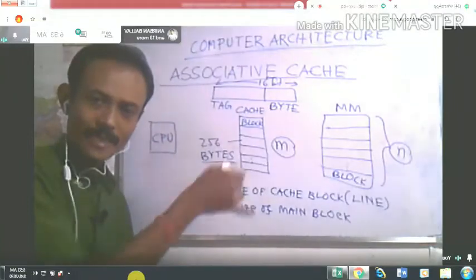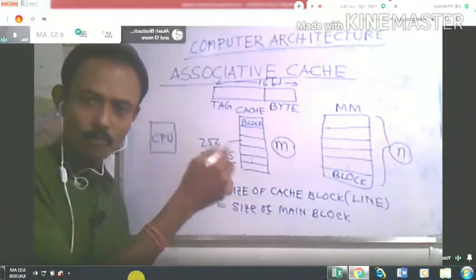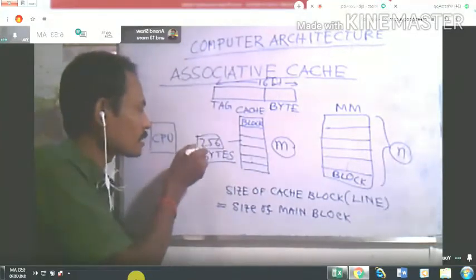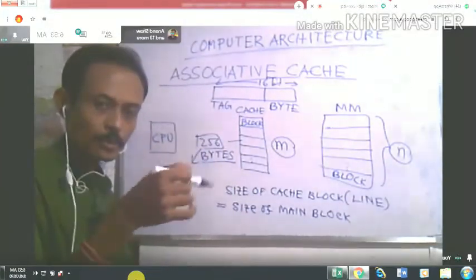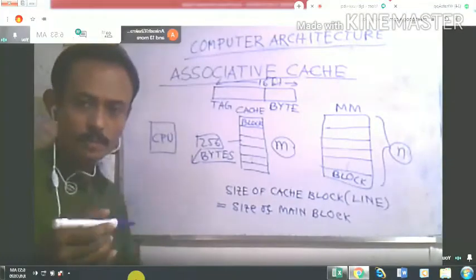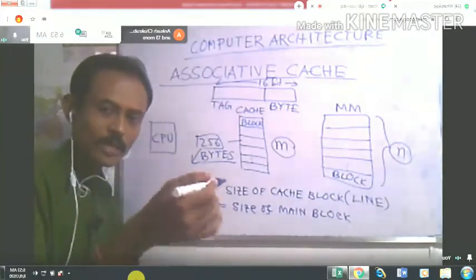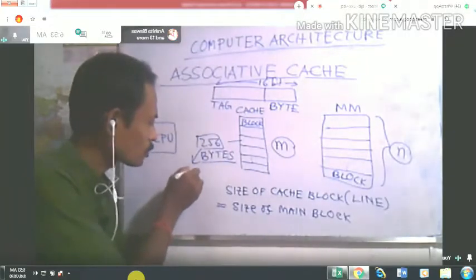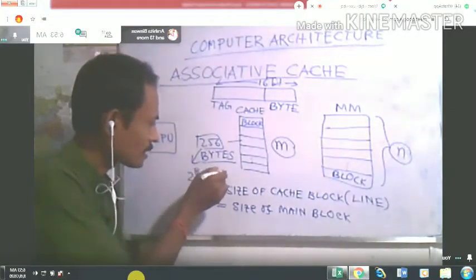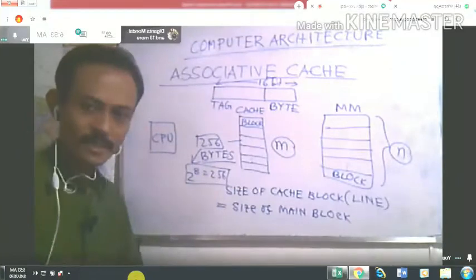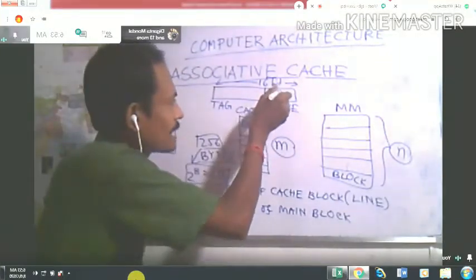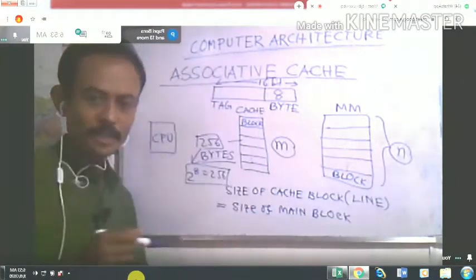And suppose this is a byte addressable machine, or you can say word equals 1 byte. To access 256 bytes, how many bits do you require? You require 8 bits, because 2 to the power 8 equals 256. Clear? So here the byte field will be 8 bits.